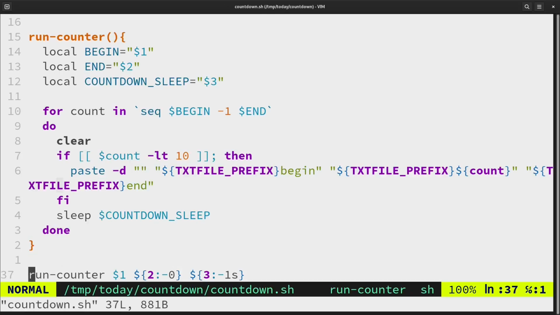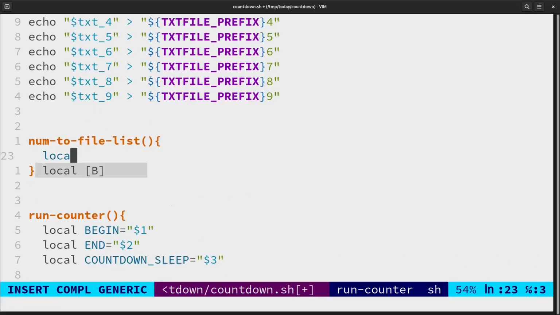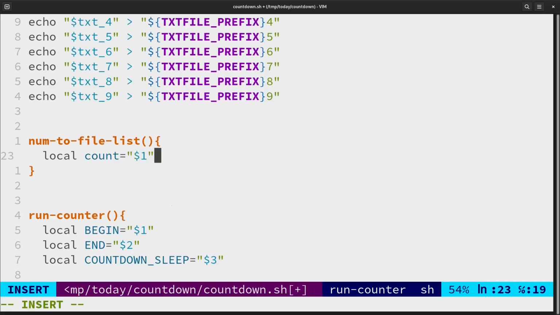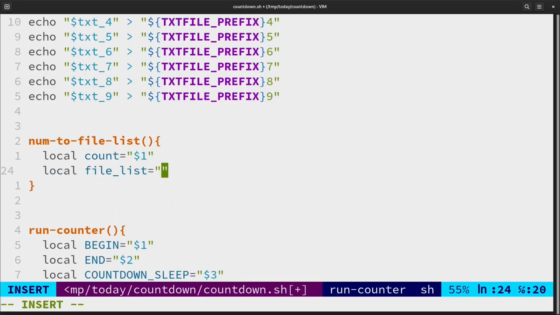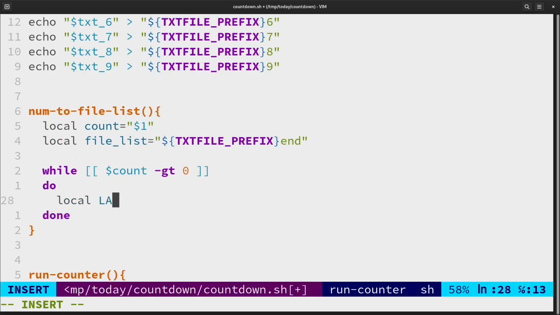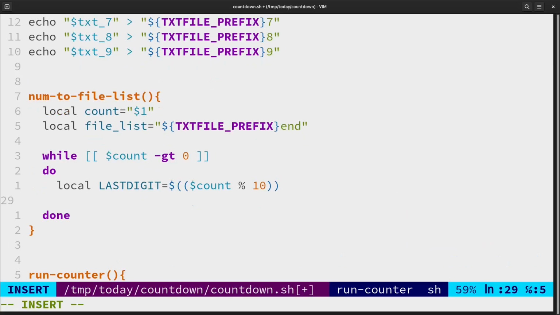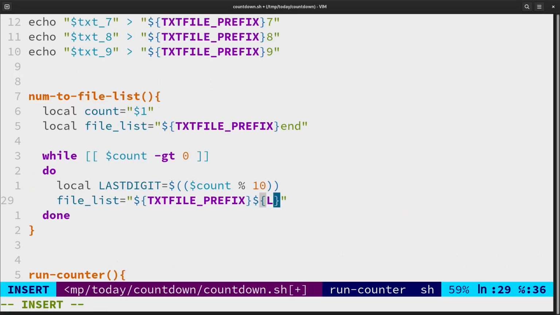Now let's go back. To manage multiple digit numbers, we'll create a separate function that will prepare the number file list based on what digits are there. So we'll loop through each digit with a while loop. We'll extract the last digit with the modulus, then add that digit's file name to the existing file list,